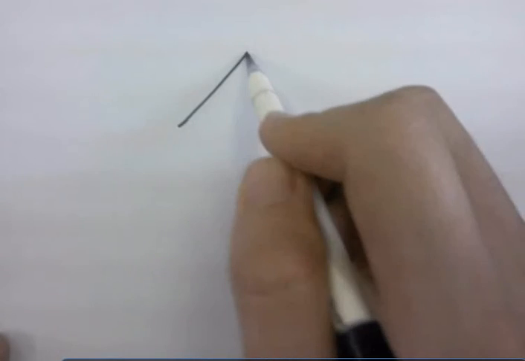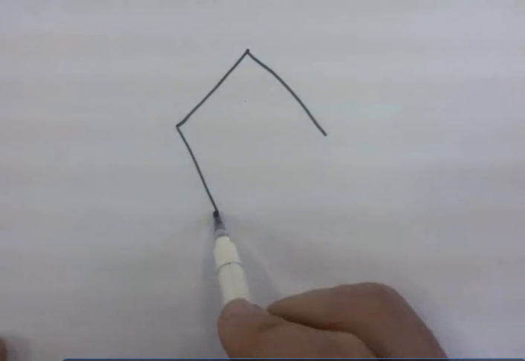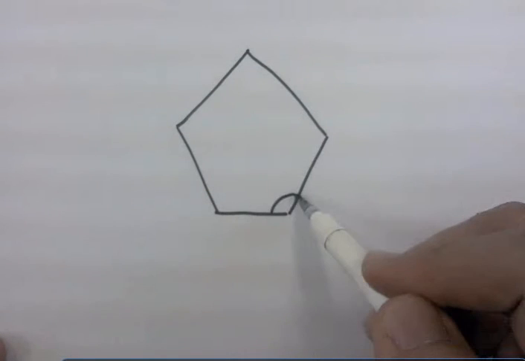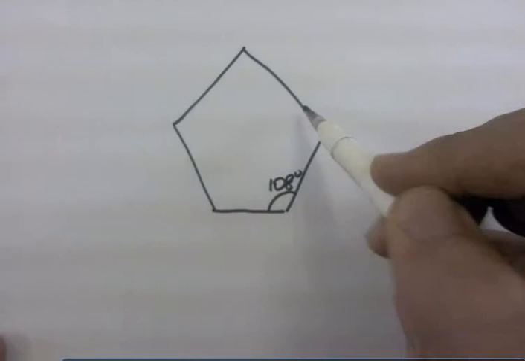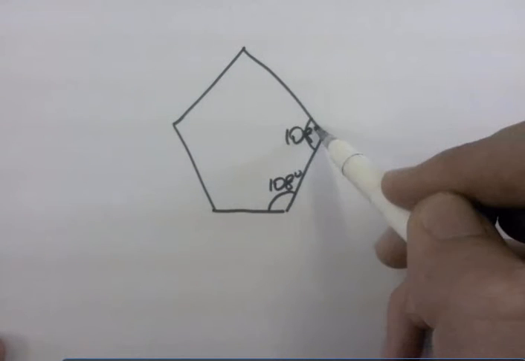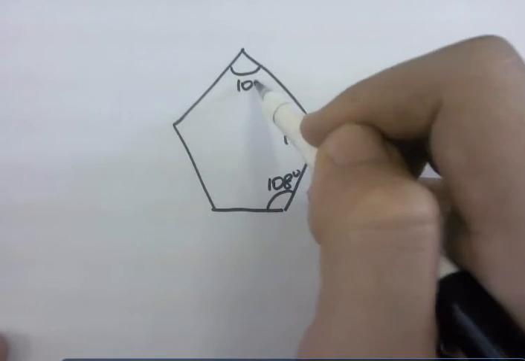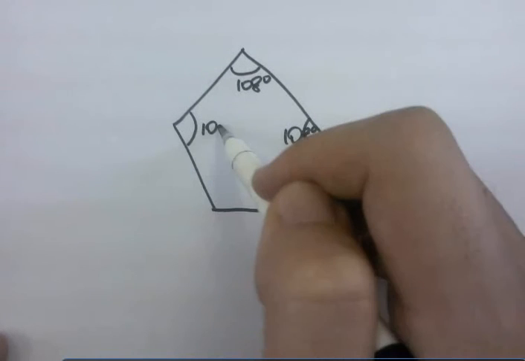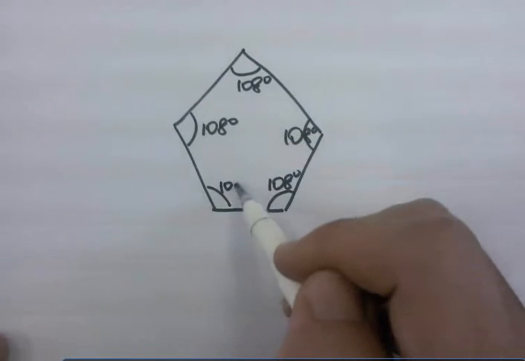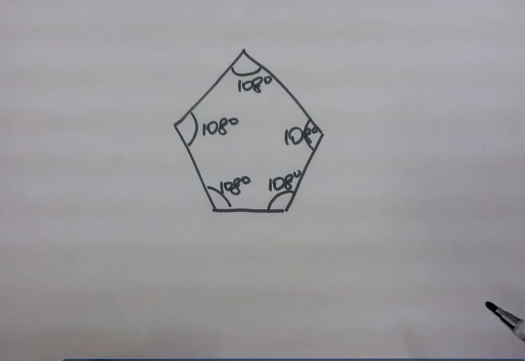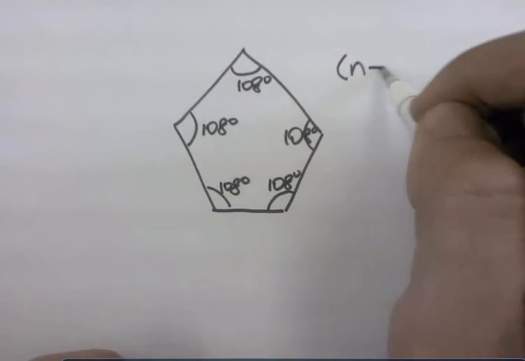Hello Year 10s. I want to cover the area of a polygon, and the example I'm going to use is a pentagon. So a regular polygon would have the same angles: 108, 108, 108, 108, 108. This could be found using the formula (n-2) times